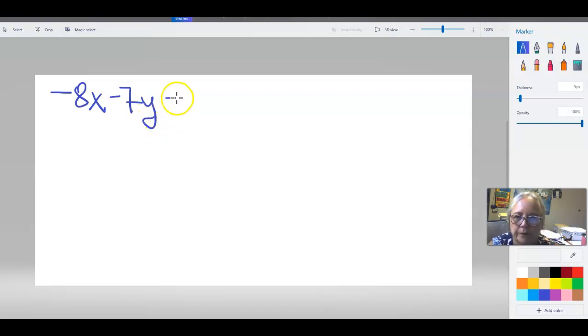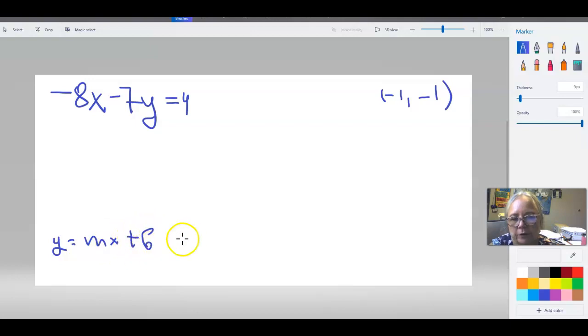equals 4. To find the equation of a parallel and later perpendicular line passing through the point -1, we have to solve this equation for y. So we have to get the equation in slope-intercept form, y equals mx plus b. Why do we need to do this? Because we want to know the slope of the original line. This is the original